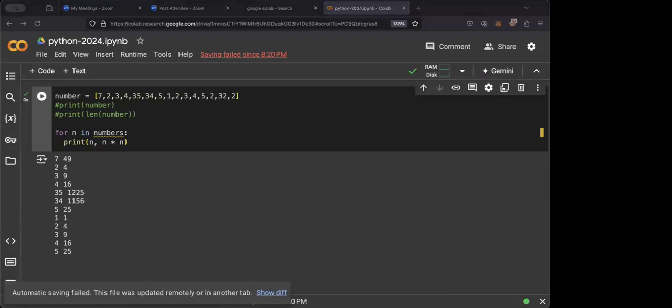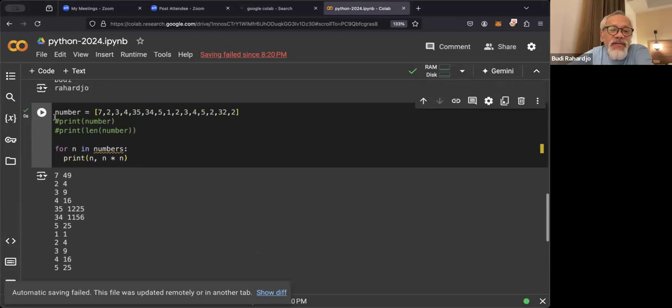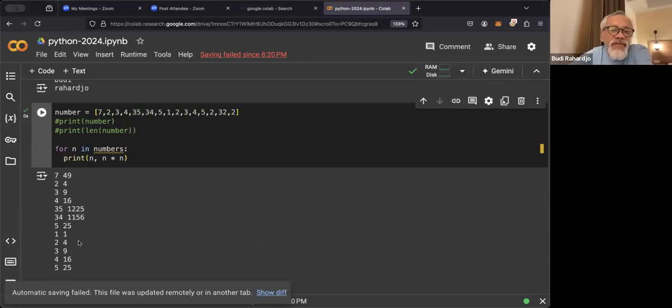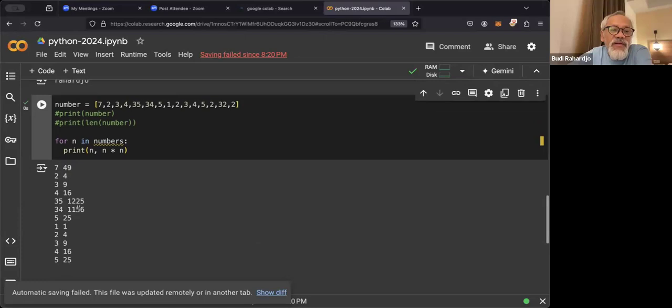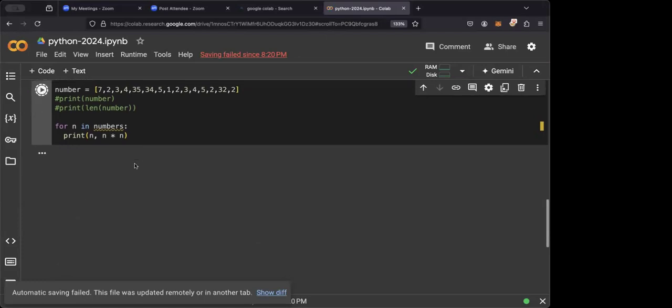Where's the 32 on the number, Pak, on this breakdown? 7, 2, 3, and then 4, and then 35, 34. I cannot see the 32. Let's do this again. We missed 2, 32, and 2, the last 3 digits.